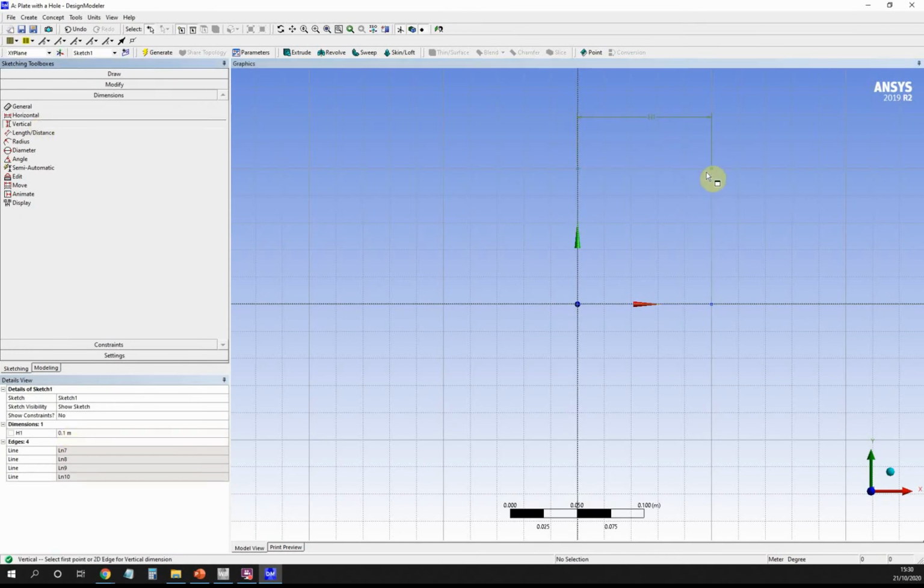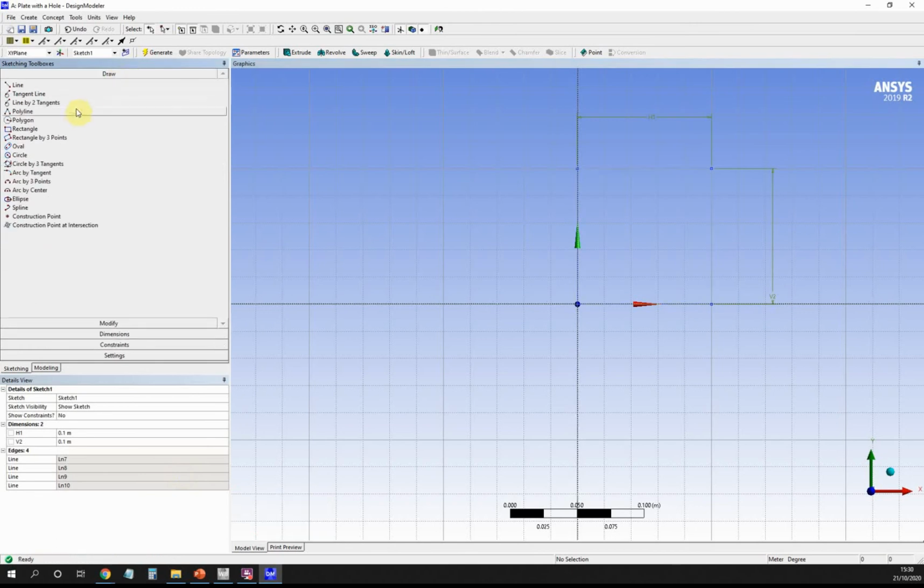I'm going to do the same with vertical, point and pull that out there. And again, that's 0.1 meters. Next thing I want to do then is go back to draw, and I want to do a circle. So I'm just going to put the circle in the middle there somewhere and pull it out. Okay, so that's obviously the wrong size. So first of all, I want to dimension that circle so that its center is in the center of the